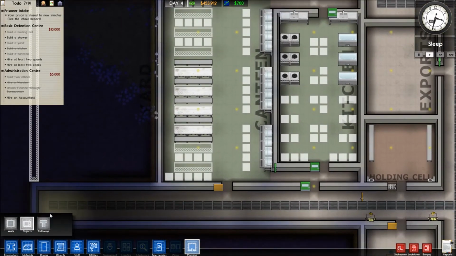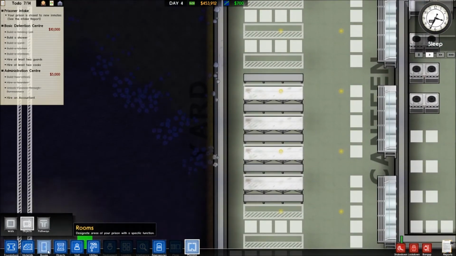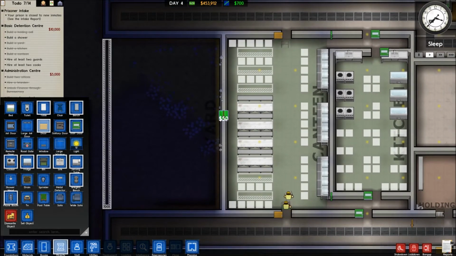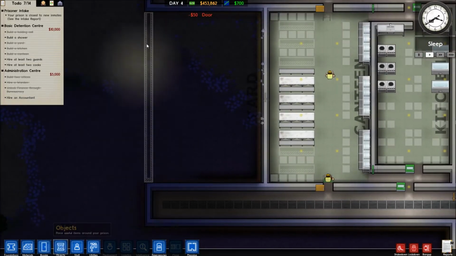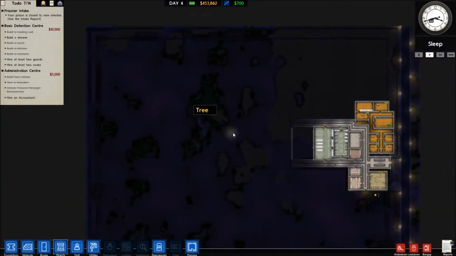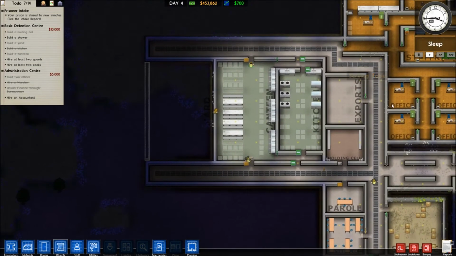Alright, we're well on our way to wonderful places. Another regular door out here to the yard. I could cover this with a fence, although I think a regular room, because I'm thinking we'll start the cell blocks here, because it's about in the middle of the map. It would take forever for a prospective escapist